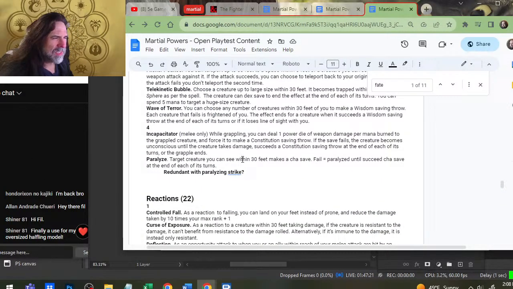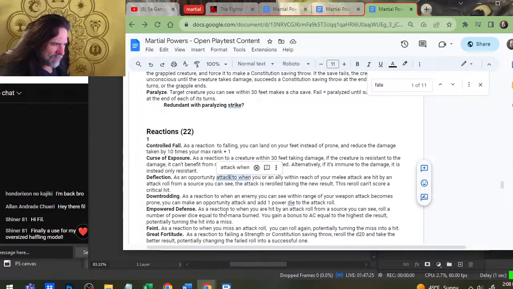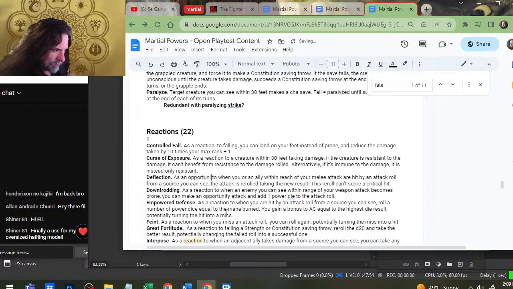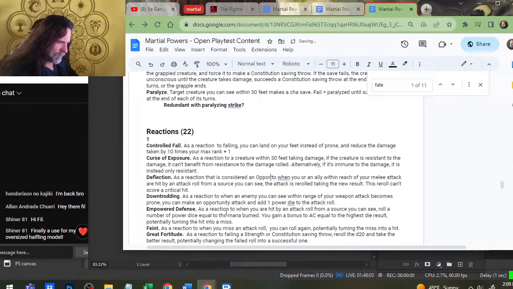as a reaction. Nice. As a reaction. As a reaction that is considered an opportunity attack, nope, that's how we're going to do it. As a reaction to